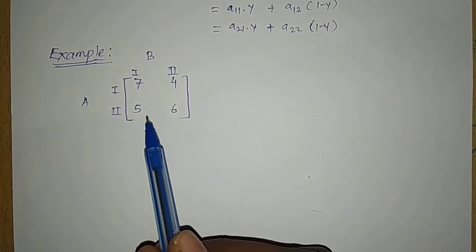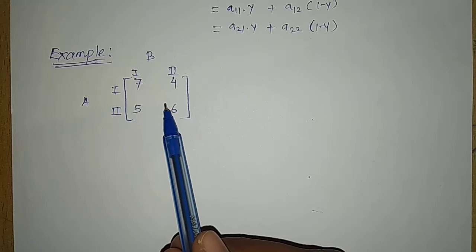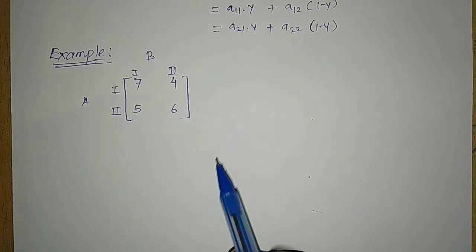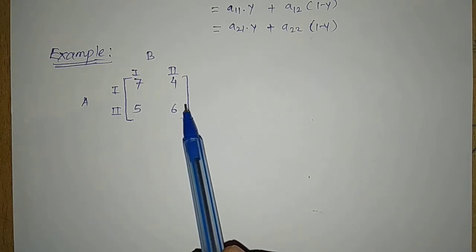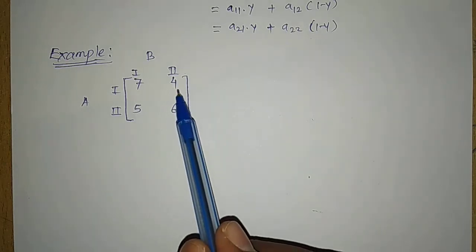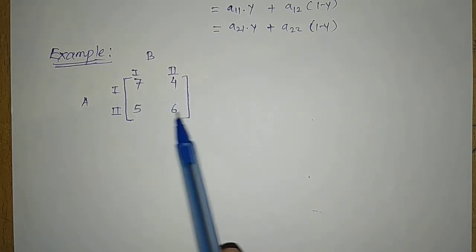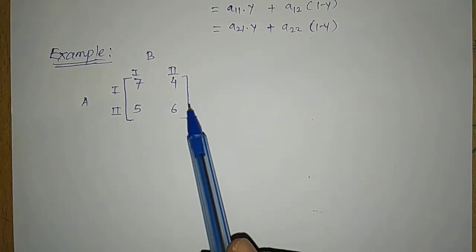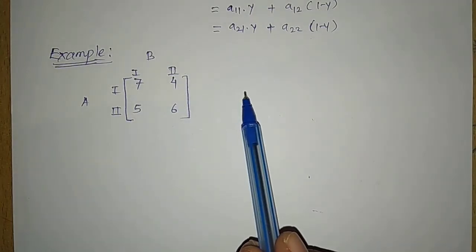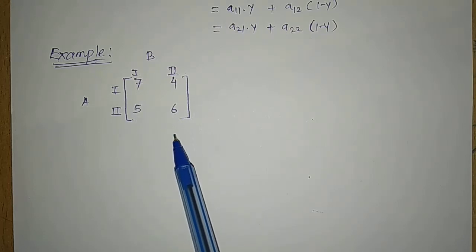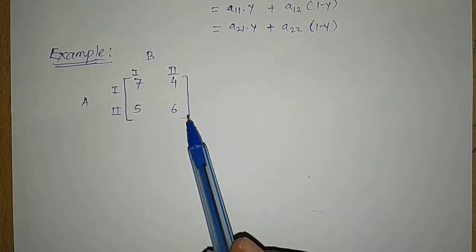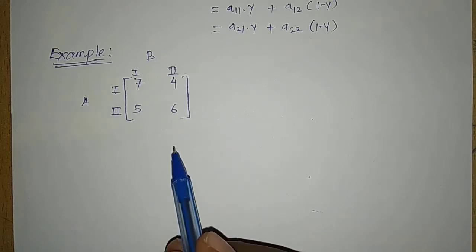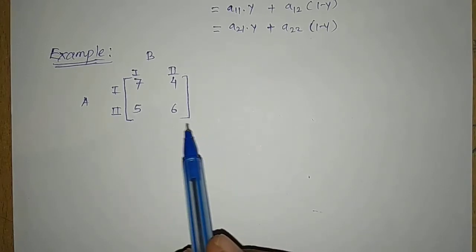Friends, now let us solve this example. This is a 2 by 2 game, 2 persons, zero sum game. So there are two strategies for each of the players. Now let us check first whether there is a saddle point. If you look here, maximin and minimax principles: along the rows we have to find out the minimum values, and along the columns we have to find out the maximum values. By using the minimax and maximin principles, we are not getting a saddle point here. You can cross check here.